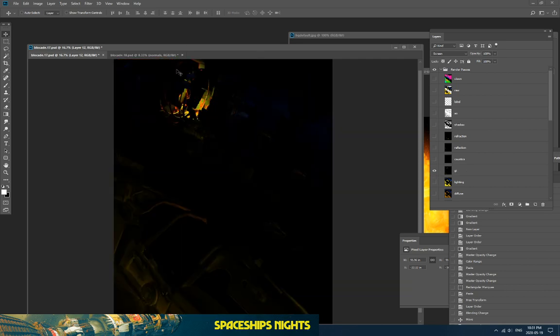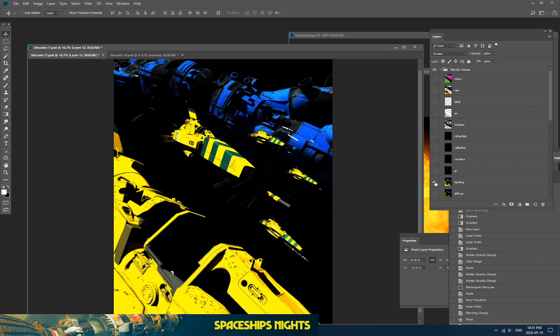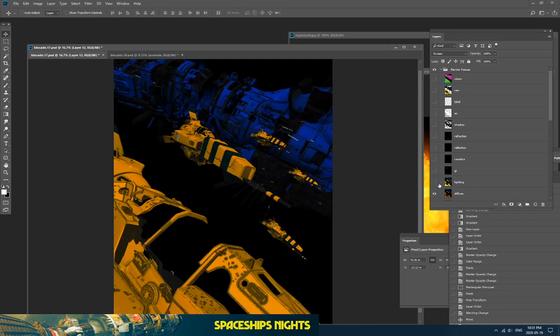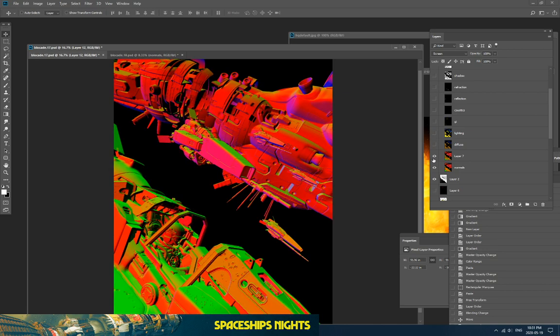The GI is for when I can put a light there, so I'm going to use that maybe later on. Direct lighting, the diffuse, and the normal map that I use a lot. I did two renders because the cockpit had a glass material, but it just